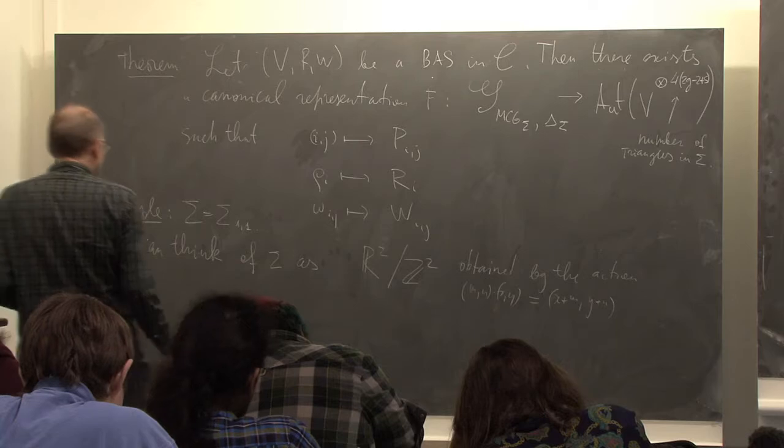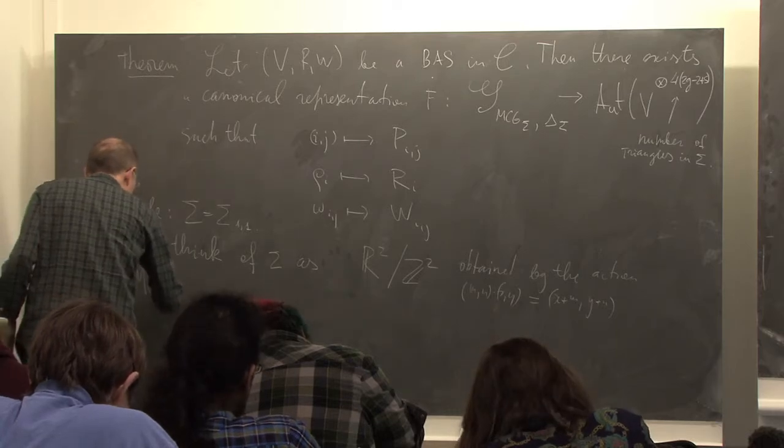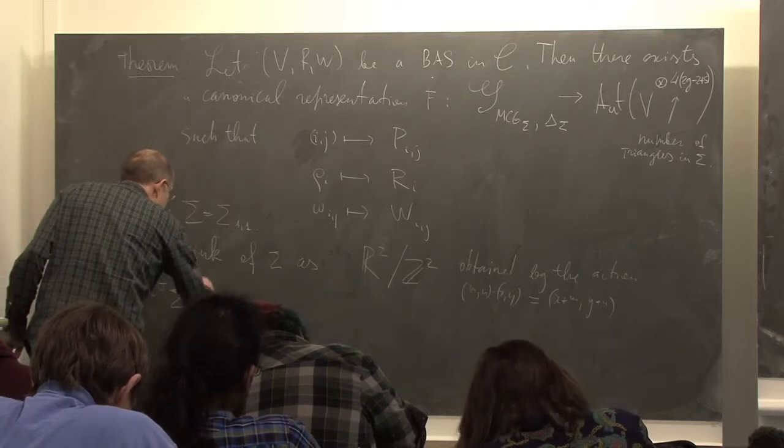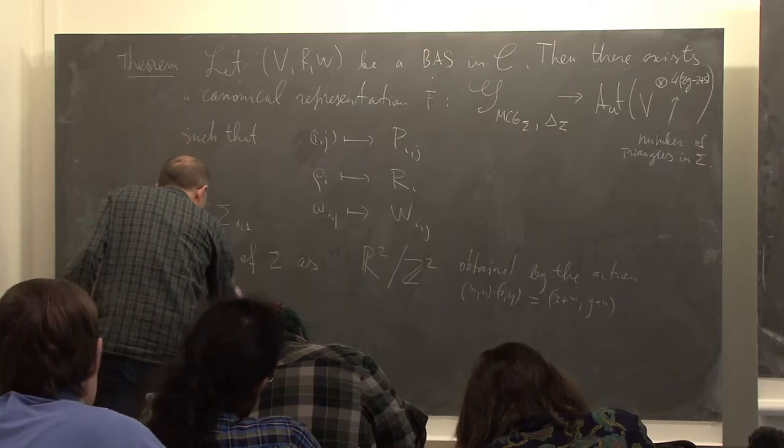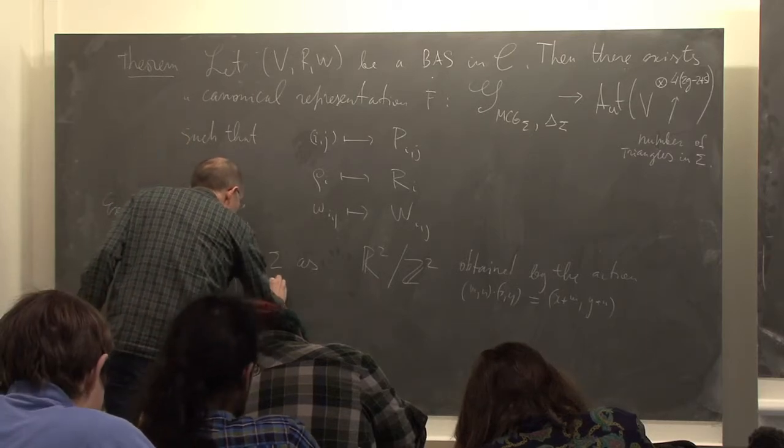Translations. And in that case, the mapping class group of Sigma is isomorphic to the group SL2(Z),